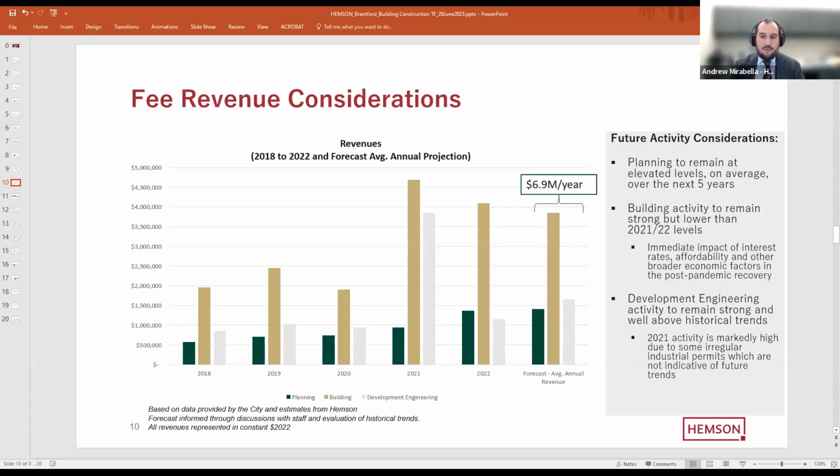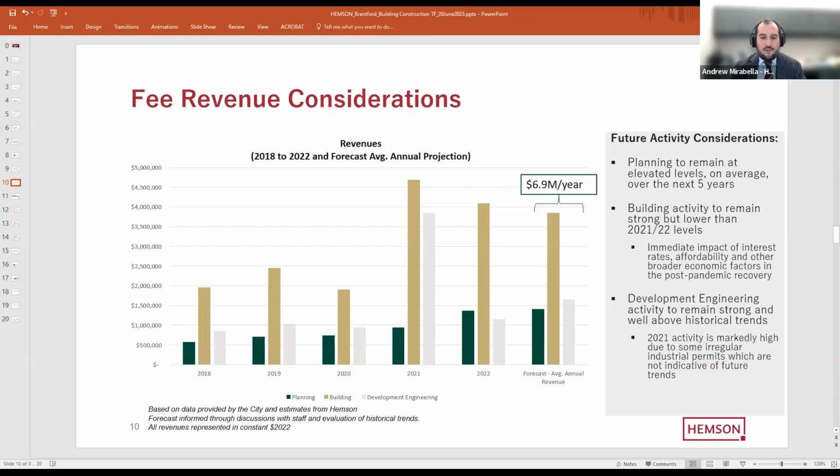A couple of items here to flag for attention. 2018 to 2022 are obviously actuals that have occurred. We've adjusted them for inflation to current dollars. The last piece of the puzzle there is our forecast average, which is the forecast average annual revenue that we're assuming for the purposes of setting fees, which is about $6.9 million a year cumulatively for those three types of applications. You'll see that the activity we're forecasting for planning, building, and engineering is either well above recent levels of activity in 2021 or 2022, and certainly well above the activity levels seen in 18, 19, and 20,